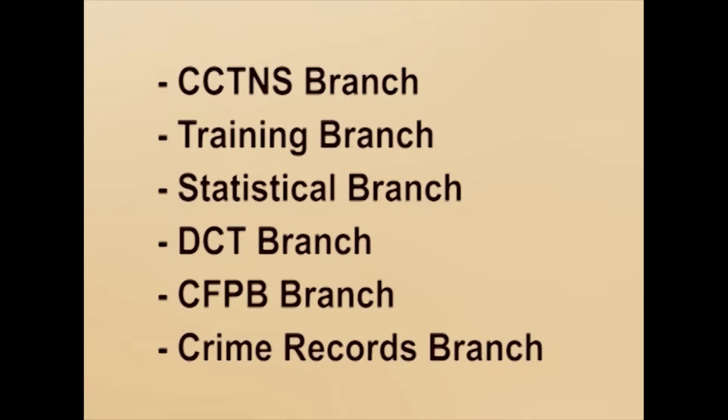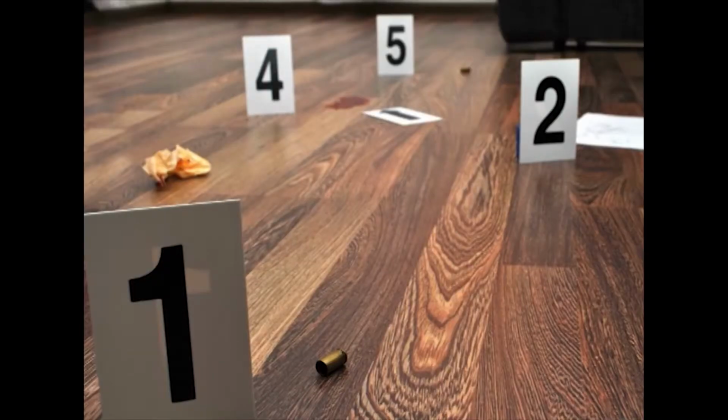CCTNS branch, Training branch, Statistical branch, DCT branch, CFPB branch, Crime Records branch. CCTNS branch. CCTNS stands for Crime and Criminal Tracking Network and Systems. CCTNS adopted the principle of e-governance. It aims at creating a comprehensive and integrated system for enhancing the efficiency and effectiveness of policing. For investigation of crime and detection of criminals, it creates a nationwide networking infrastructure for the evolution of a tracking system around all the